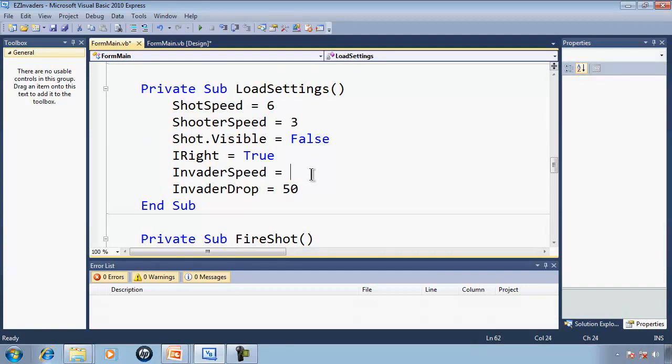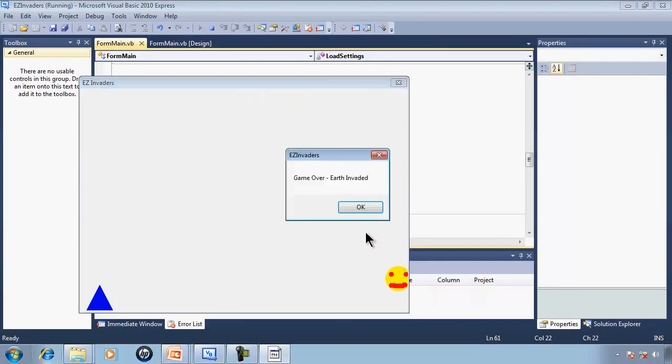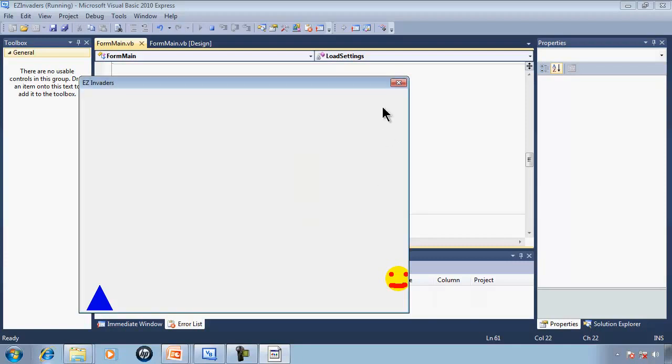speed of the invader. I'm going to make it a little bit faster. We'll have it speed of 20. Go ahead and run this real quick and we'll see what happens. Alright, got to the bottom, game over, Earth invaded. Everything stops. Okay,